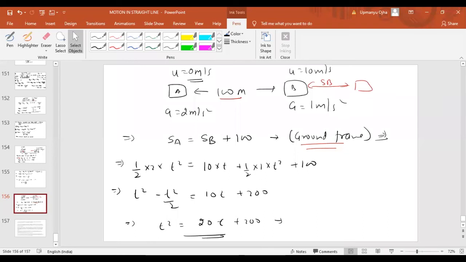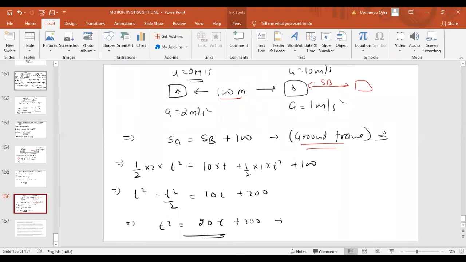I hope you understood the relative velocity, how we are using this relative velocity. Any doubt? Okay, so let us discuss NCERT problems. Which problem do you have doubt in? Tell me. From NCERT, what all homework have I given to you? Which problem do you have doubt in?